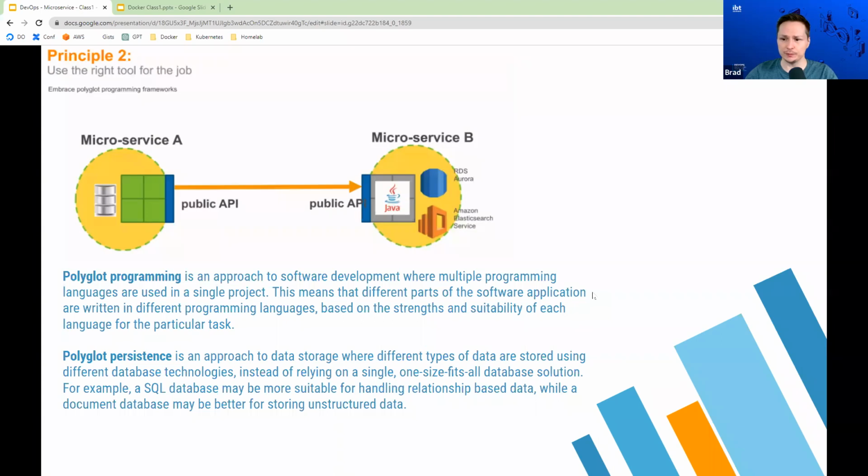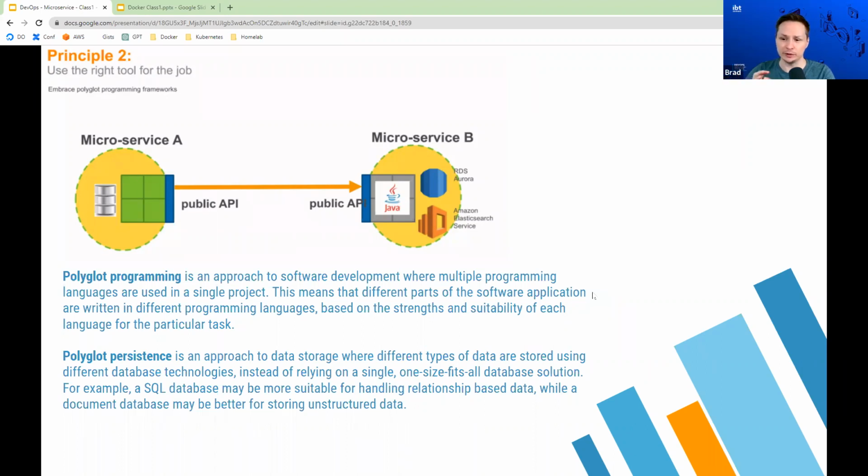So for example, if you have structured data, then you would use something like a SQL database. If you had unstructured data, then you would use something like DocumentDB, right? So our different data has different requirements. We want to make sure we use the correct solution for that rather than saying we use this database at this company and we don't look at any other solutions.